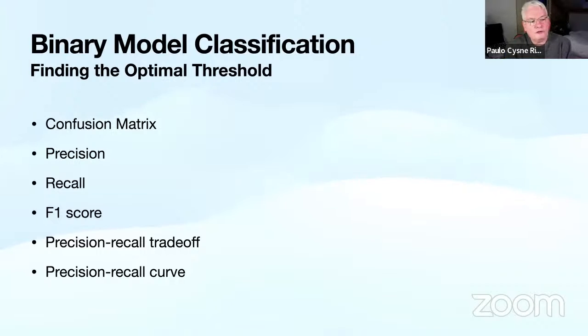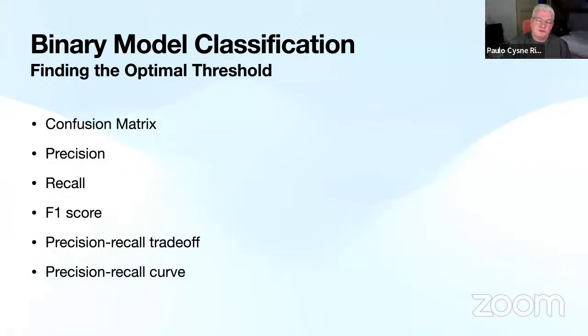So we are going to learn a few terms on our way to learning more about binary classification. What is the best way to do binary classification? We're going to learn what a confusion matrix is, what precision is, what recall is, what an F1 score is, what the precision-recall trade-off is, and what the precision-recall curve is, which is where we're going to find the optimum threshold. So generally speaking, what is a threshold? For example, if I make a classification, usually